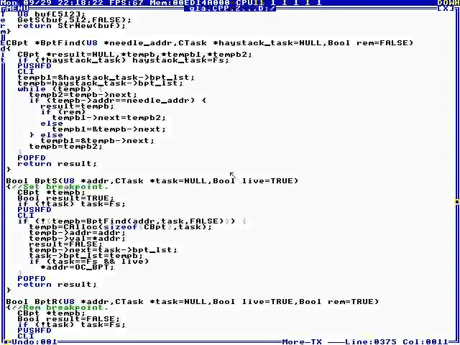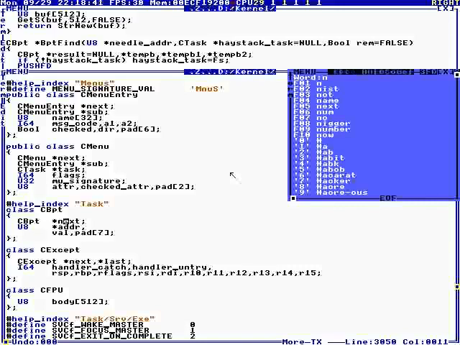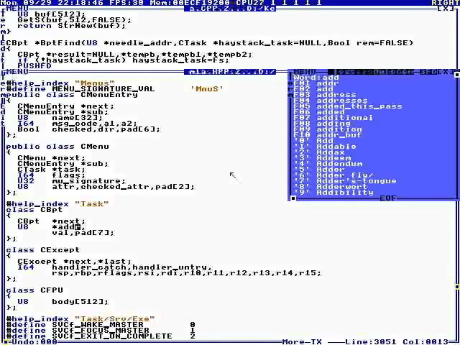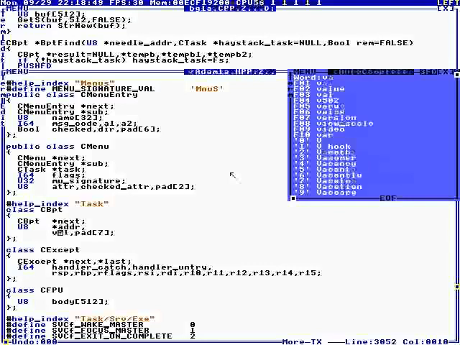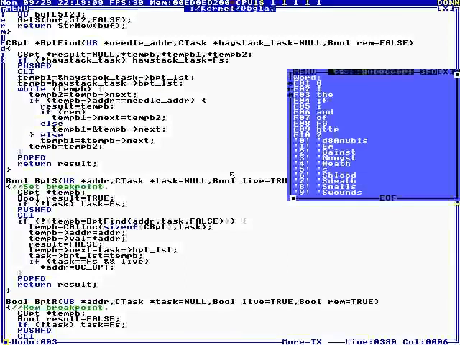So first of all, the breakpoint is a linked list with next, and it's an address, and it's a value. When you insert a breakpoint, you change a byte of code to a CC. I think it's a CC. Anyway, so in the